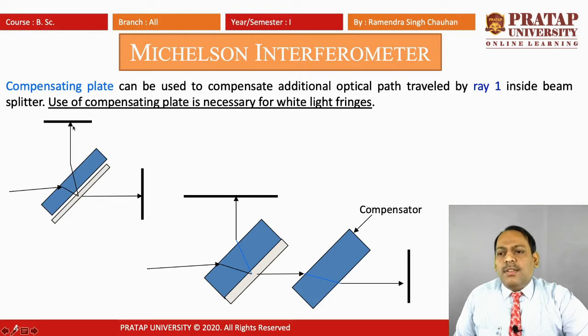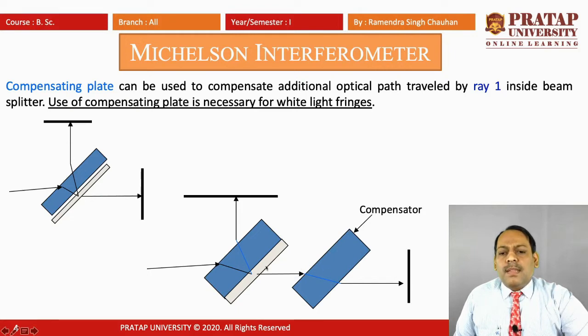This length is traversed by the light beam twice, and when it goes directly to the horizontal mirror there is no plate, so an unnecessary path difference will be created. To compensate that path difference, a compensatory plate of the same thickness and same material is used